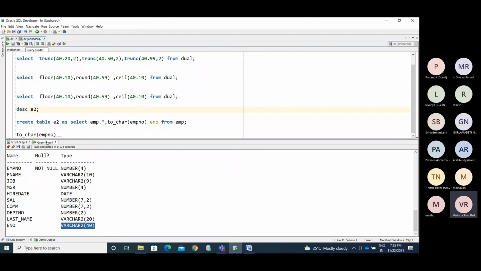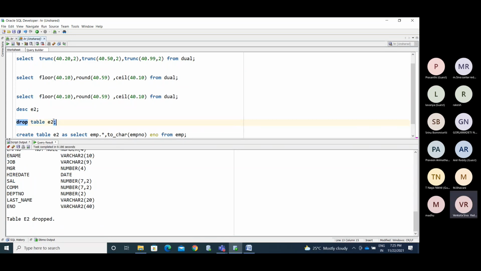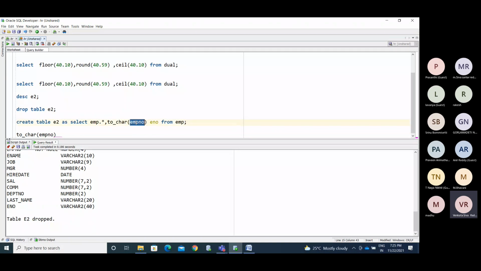So if you want to make it as a date, else we will see, we'll drop the E2 table now. Now we'll use the hire date column we have.